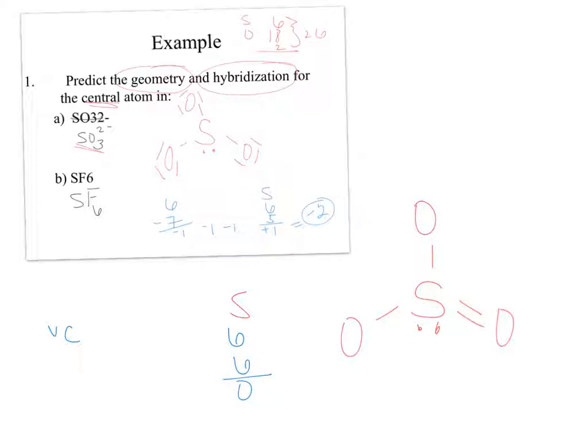I'm going to put these here, but only 2 pairs there because oxygen could only have 8. Now I'm going to count: 2, 4, 6, 8, 10, 12, 14, 16, 18, 20, 22, 24, 26. So this is a better structure because the formal charge on my sulfur is 0, the formal charge on this oxygen is 0,